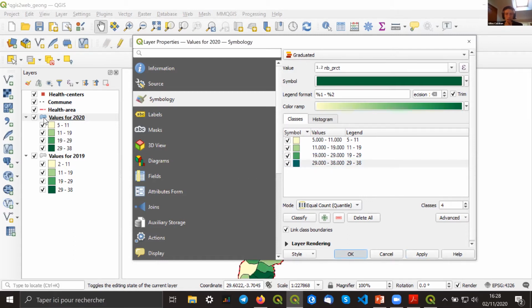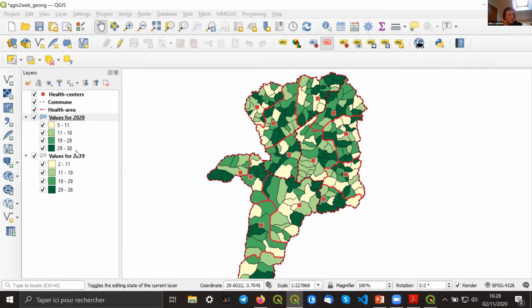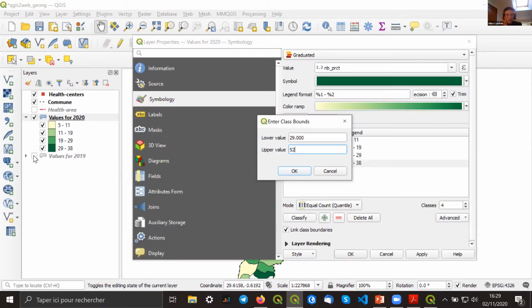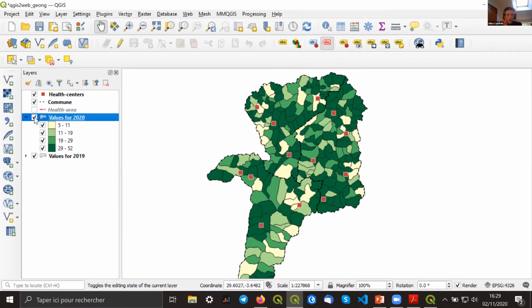Okay, this way we could see some evolution. Okay, sorry, I made a big mistake, I think. Yes, because I need to update this to the maximum. I think it's 52. Okay, so we can see some evolution, and that our rate is increasing in 2020. Anyway, knowing that,